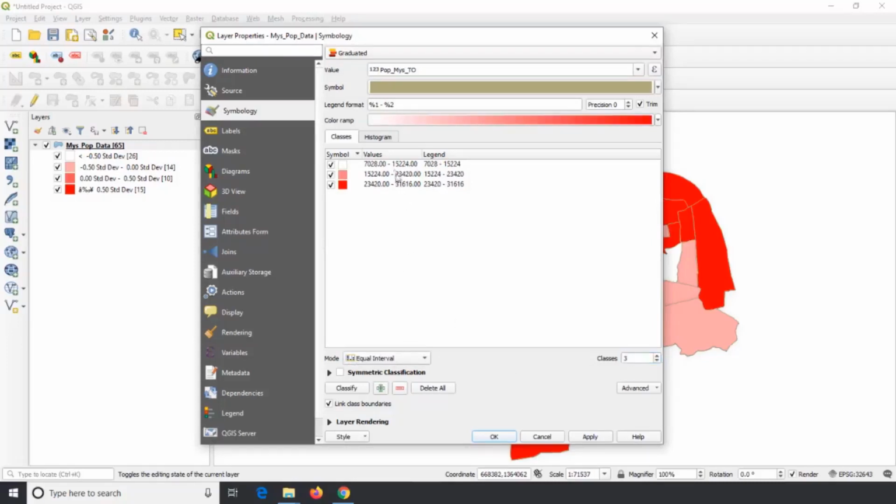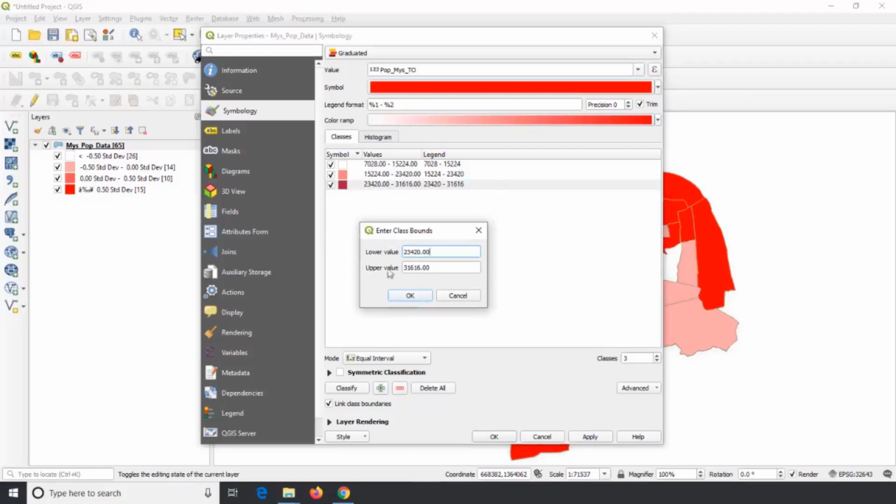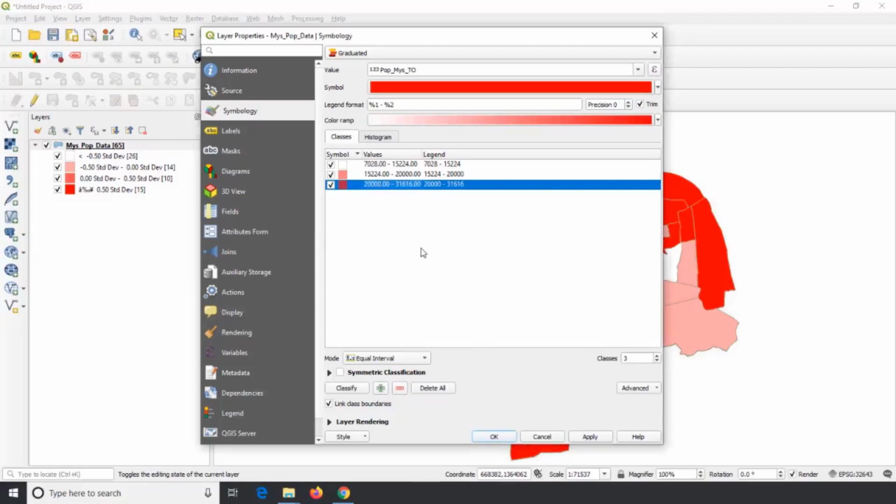Now we can see the system-classified classes in the pop-up window, but we have to define our own classes. To do that, double click on the values of the higher class. On the pop-up window, we see the higher value of our data range in the upper limit. Do not change it, leave it as it is, and change the lower limit to 20,000, followed by a click on OK on the pop-up window.